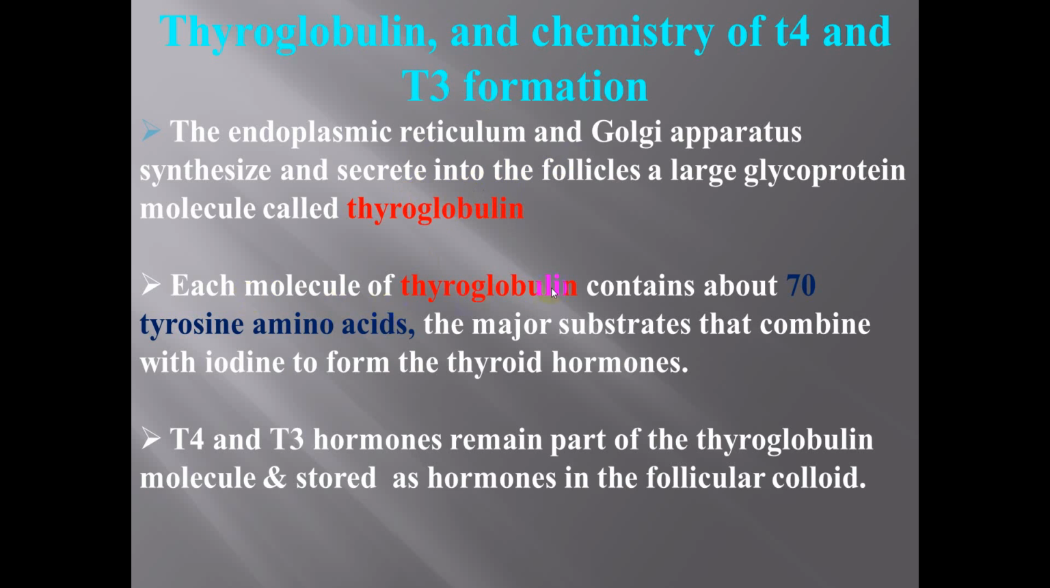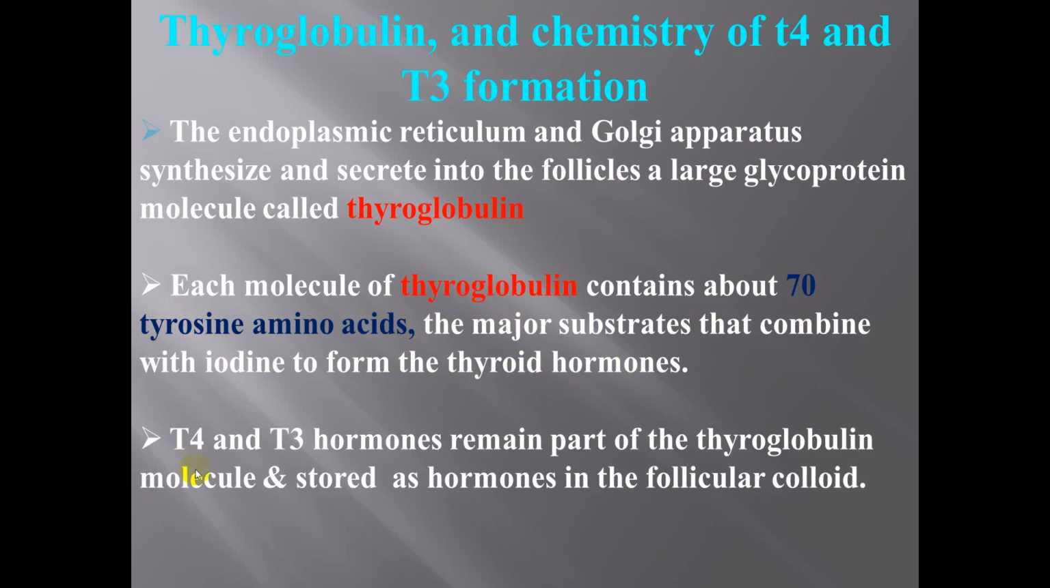Each molecule of thyroglobulin contains about 70 tyrosine amino acids, the major substrate that combine with iodine to form thyroid hormones. إذن حتى يتم synthesis of thyroid hormones need tyrosine and iodide. الأيودين بشكل الأيودايد. إذن both of them required for synthesis thyroid hormone where inside